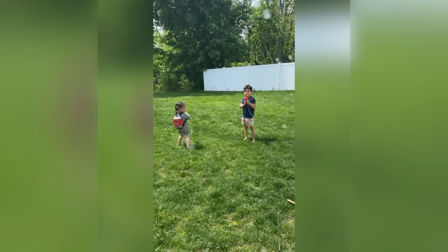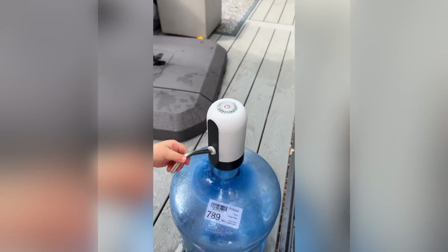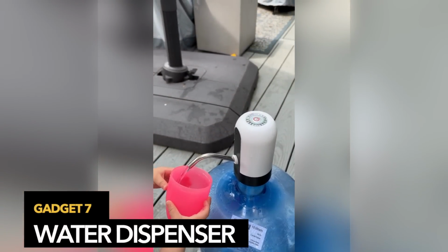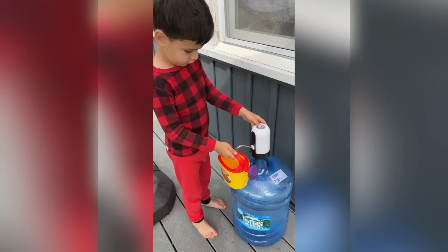I have the best parenting hack for summer, especially if you have kids that are obsessed with water play like my kids. You're gonna grab this rechargeable water dispenser and attach it to any 5-gallon jug. Now your kids can get water on their own for water bottles, cups, water table, watering cans,